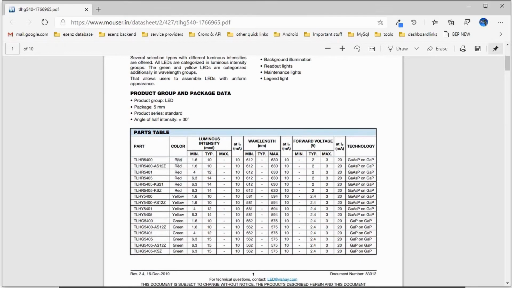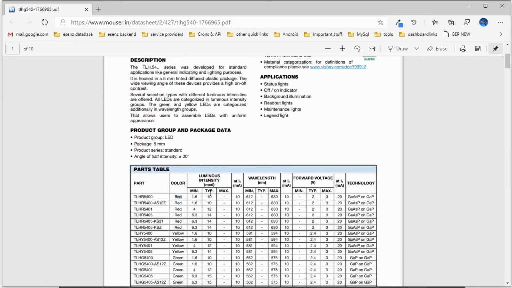One is the color. Let's assume we have selected a red color LED. Then what is the intensity? The unit of intensity is candela. This is in millicandela, around 10 millicandela. Basically this is used for indications where it has to be a bit bright. Then there is the forward milliamps, which is the rating of the LED. So if you pass 10 milliamps to the LED, it will give 10 millicandela.